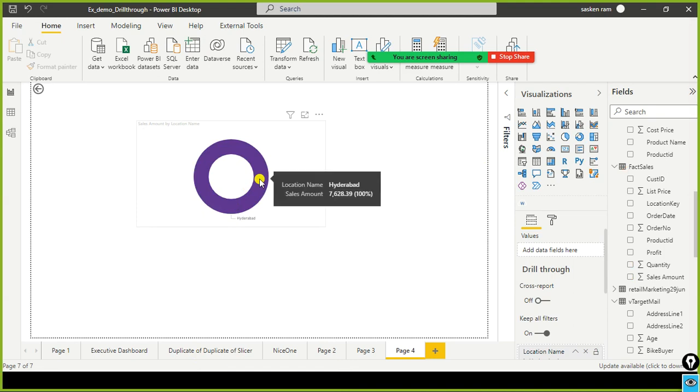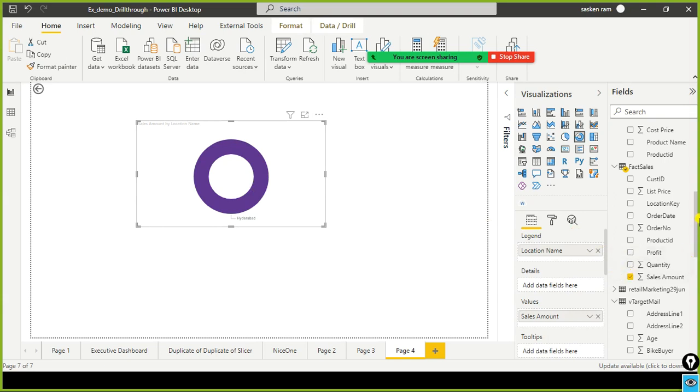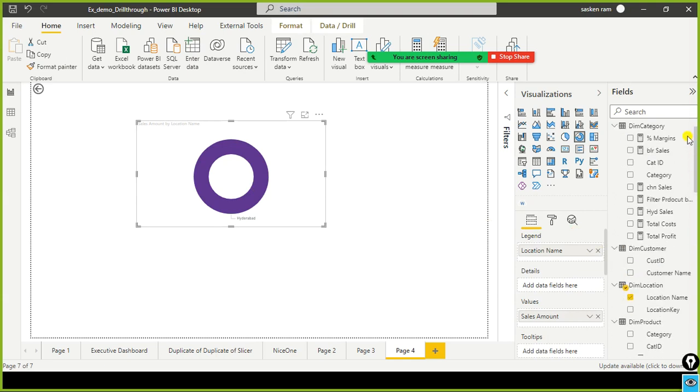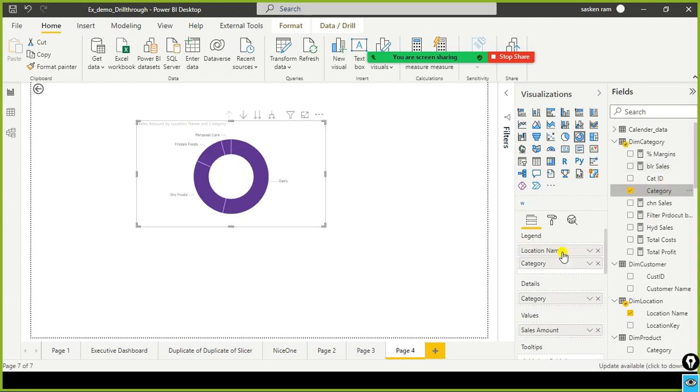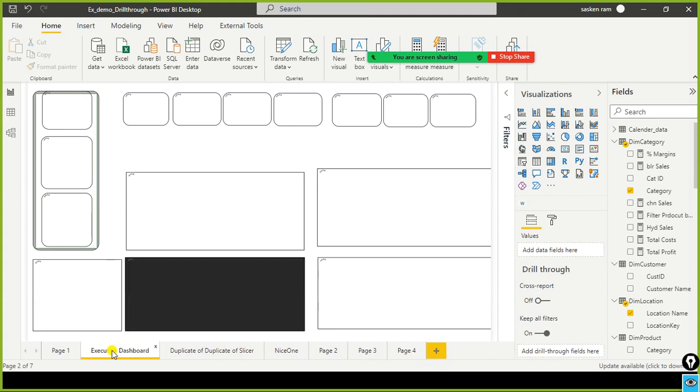Hyderabad related total sales it shows, and here legend, location name, and probably you can combine the category also here. Of this it shows the breakup for the categories. Instead of having two pages, you can have it in a single page also.